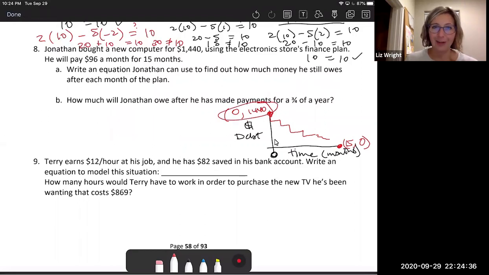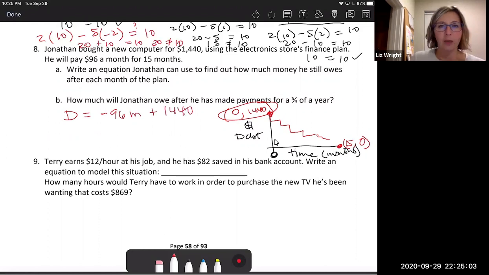But guess what? They already gave us our slope, so we're going to use the information from the problem. So our equation, we've got debt. Could also do money owed or something like that. So debt is going to be negative 96 per month plus